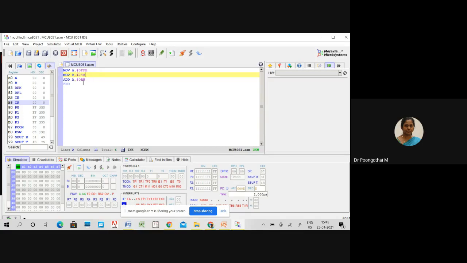And next, I'm going to add the accumulator content with the B register. So add these two and find out the answer. Your first data was 0FF, second data was 24. Add these two. So after the addition, what will be the accumulator and what is the content of your PSW?